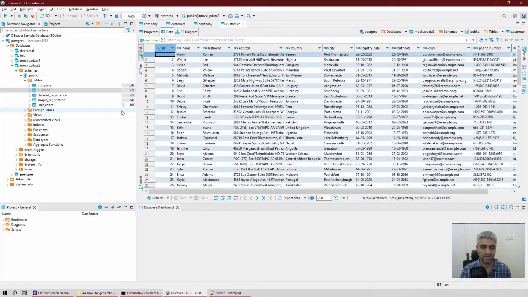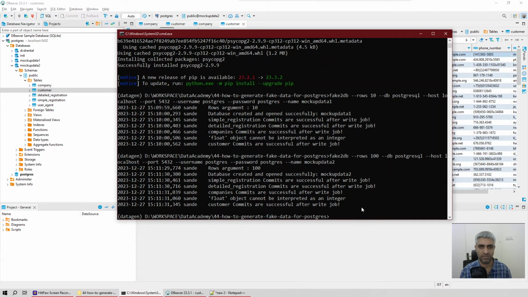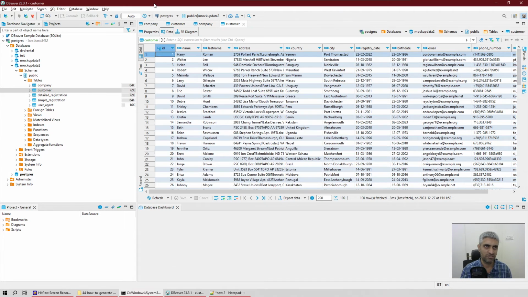When you run this command, you need to allow it the time it needs to complete. So this is how Fake2DB works. These are just the initial commands. Now let's review this data. Now if you look at the data,